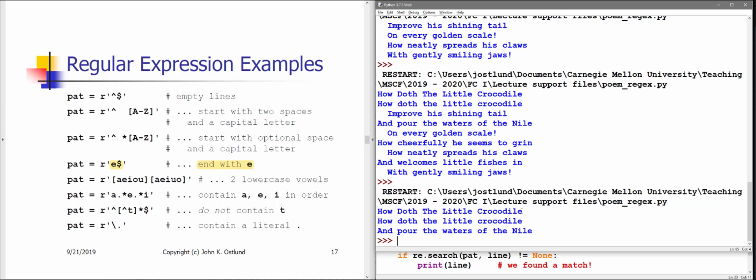I want to point out that in the poem, if there had been a space following any one of these e's, that line would not have matched. The line only matches if little e is the very last character on each of the lines. All right, so that takes care of $. Next up, we're going to take a look at